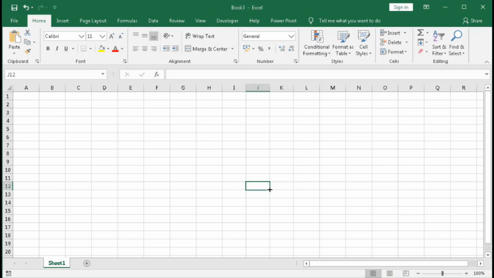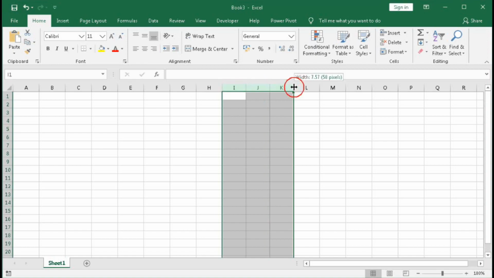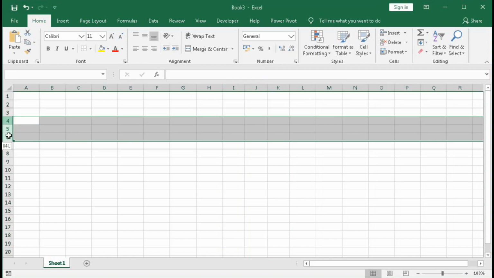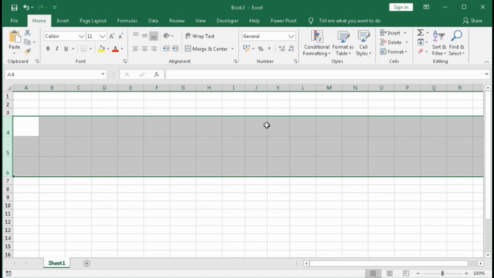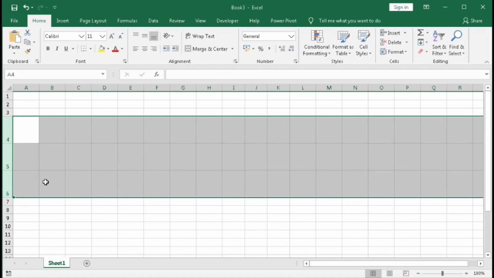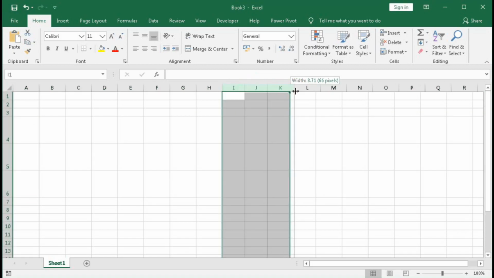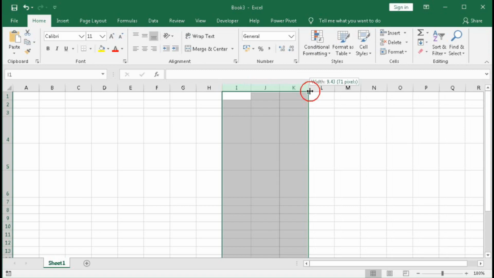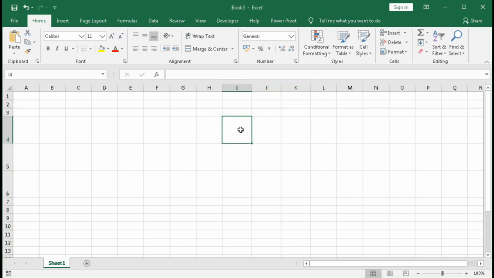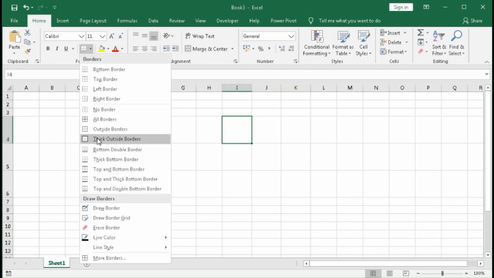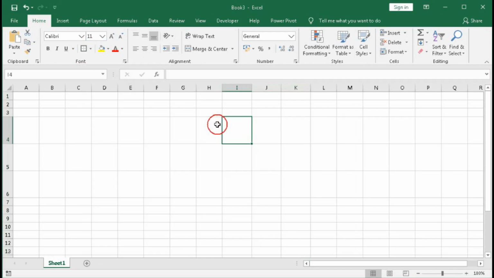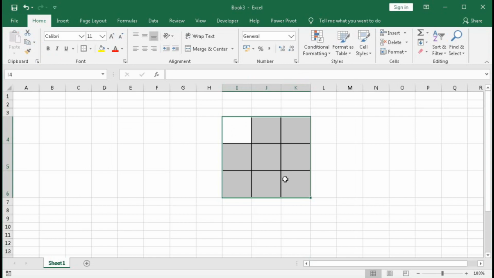First we will create a board for the game. So in this way you have to create the board, making these cells a little bigger and square so that it looks good. Okay, done. Now select this single range and click here. You can see we have made a border. Then click the format painter and drag it to all the 9 cells. So the board is made.